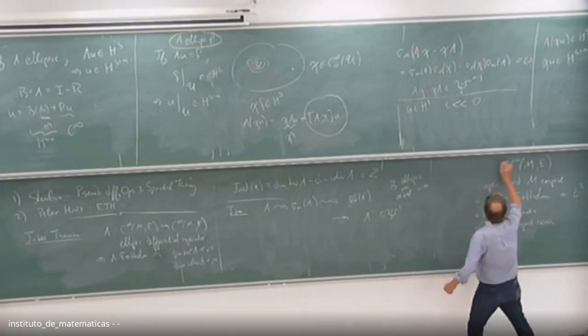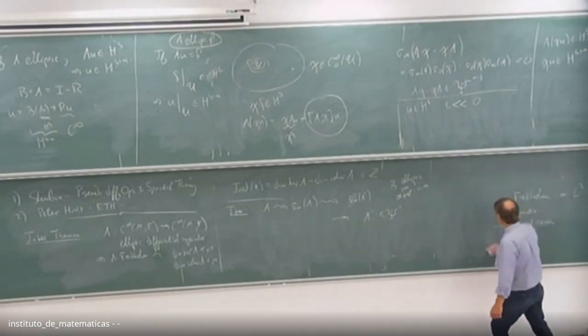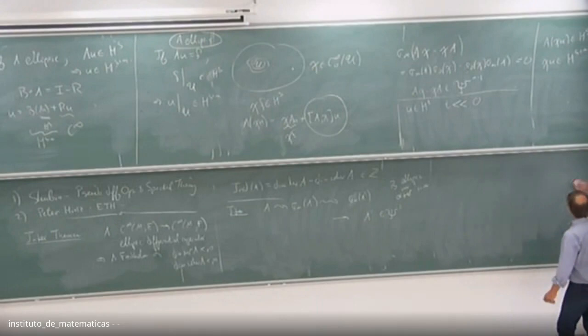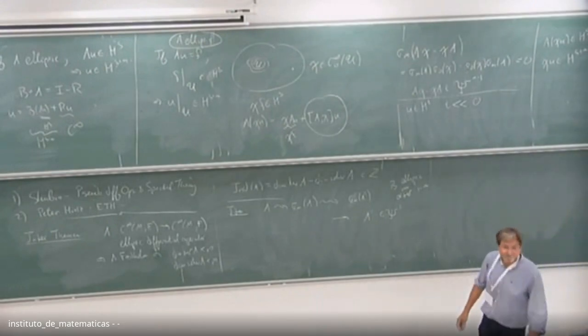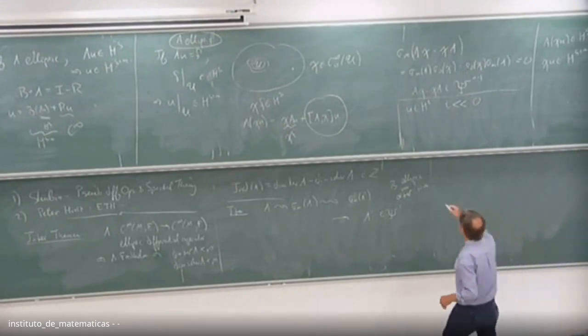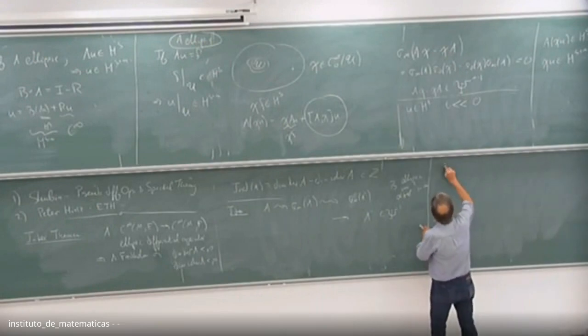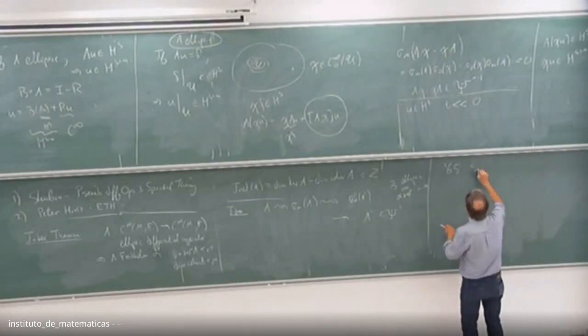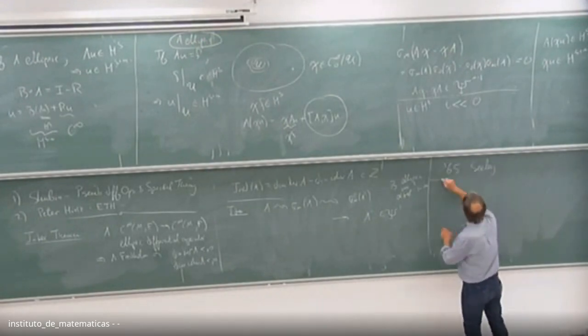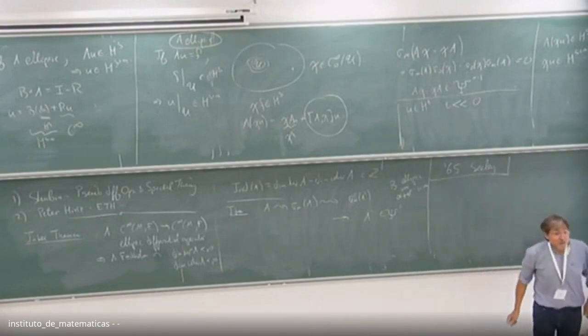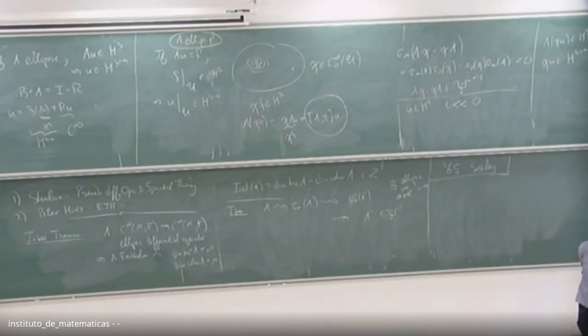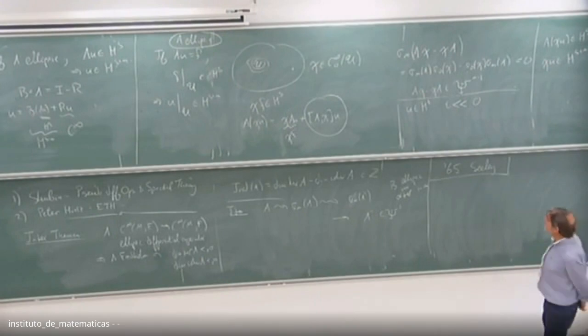So there was another application, and this is sort of getting to the heart of what we'll be talking about later this week. In fact, what everybody will be talking about later this week. This was done, I don't know, back in 1965 or so. This is Bob Seeley, again. He's a great and very undervalued mathematician with many extraordinary contributions. So what he proved was the following.